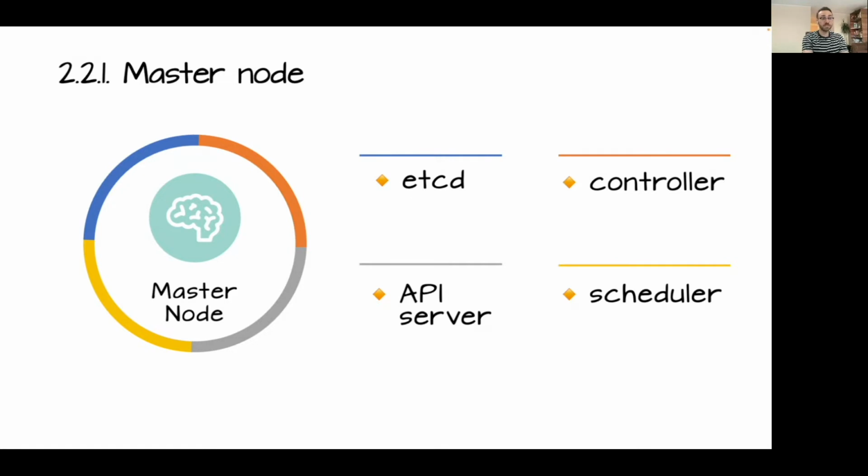We then have the API server, which acts as a gateway to our cluster. Whenever we as developers or DevOps engineers want to interact with our applications, this is the component that we will interact with. We will send commands here to the API server, and then the master node will delegate that command to